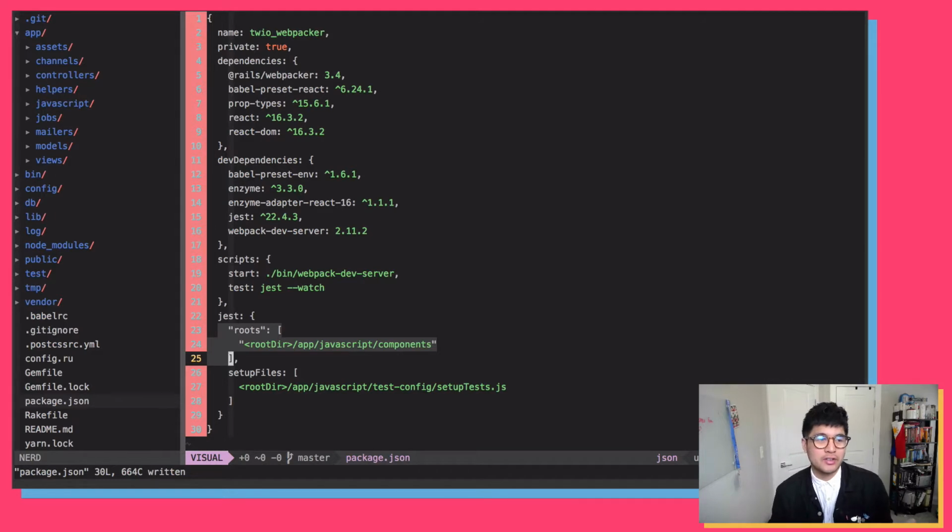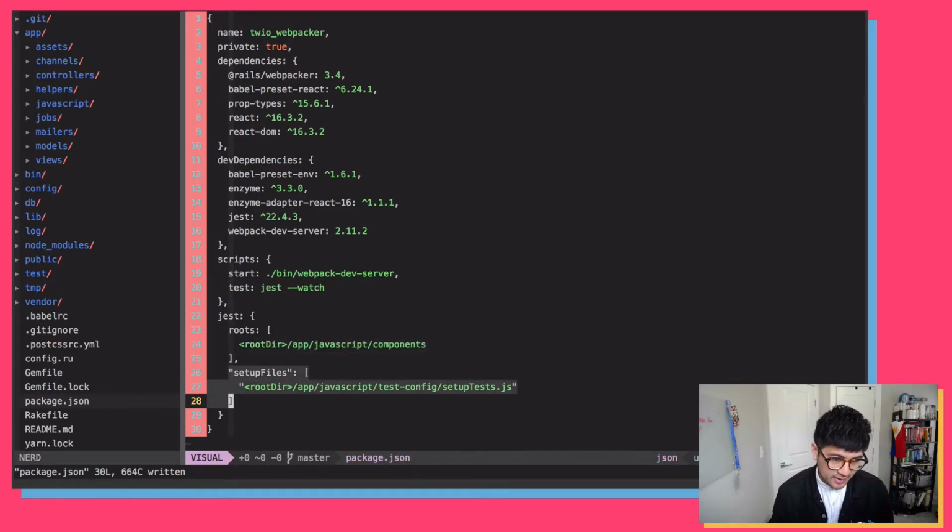It'll actually try to run our test environment as a test, and it'll say it's a failing test. So I went ahead and just said, just look in the components folder and run that test. Last thing I added is a setups file,